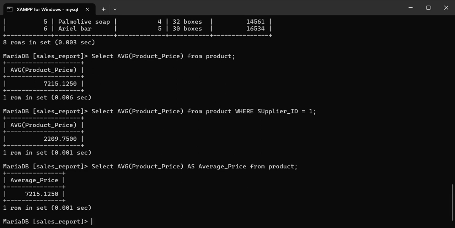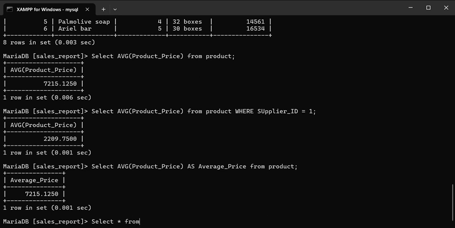For our example number 4, we are going to get higher than average. We are going to list all records with a higher price than average. So the AVG function in a subquery can be used. For example, we are going to return all products with a higher price than the average price. To do so, let's use this statement.